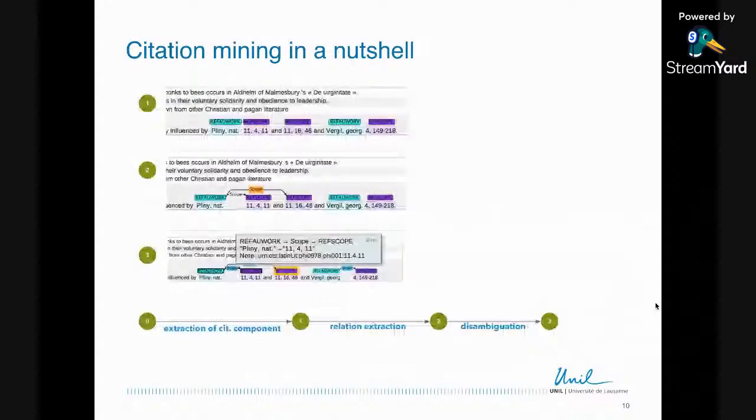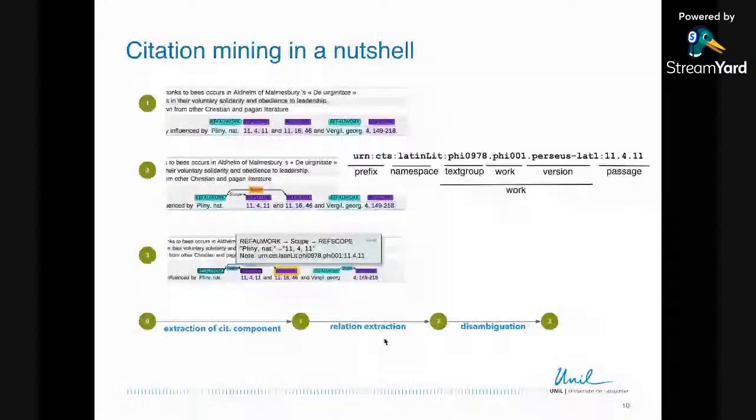And then in the last part of the URN, you can also have the scope identifying the specific bit of text you're talking about, like in this case, 11.4.11, which is going to be book 11, chapter 4, section 11, or something along this line. So these very compact and human-readable identifiers can be used to disambiguate the mentions and the references we have in the text. So this is essentially what it boils down to, extracting canonical references. I also had the breakdown of the syntax of the CTS URN that I just explained.